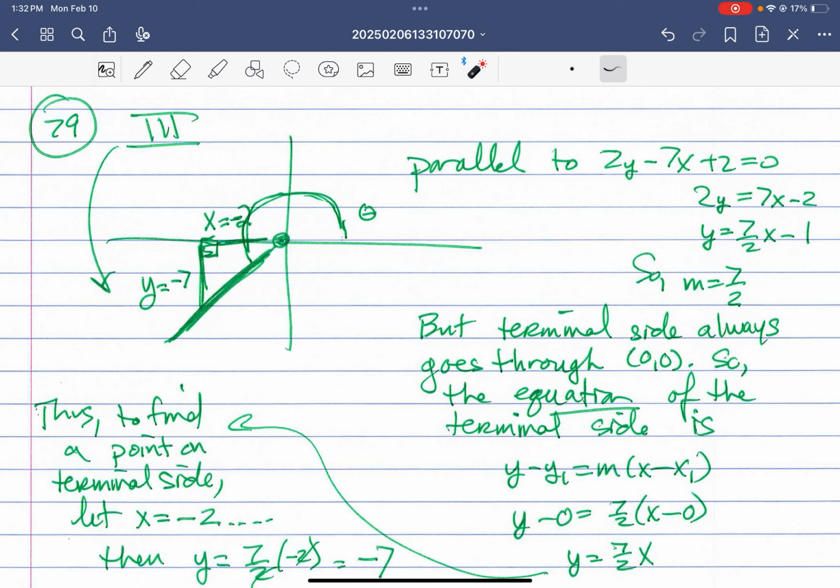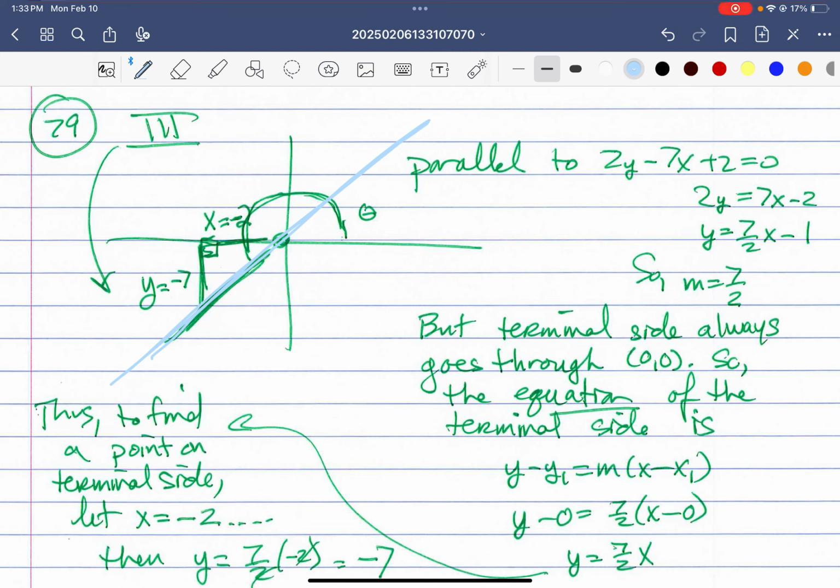Well, then on 79, we want to find the trig functions for this mysterious angle. Well, they say it opens up into this quadrant, the third quadrant, and I know that to talk about an angle in a quadrant, I need to first open it, find a point on that terminal side, and then run to the x-axis to create my triangle. Now, in this case, to understand what this line is,